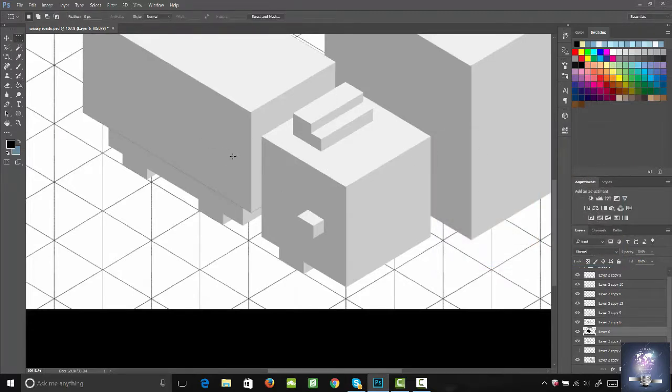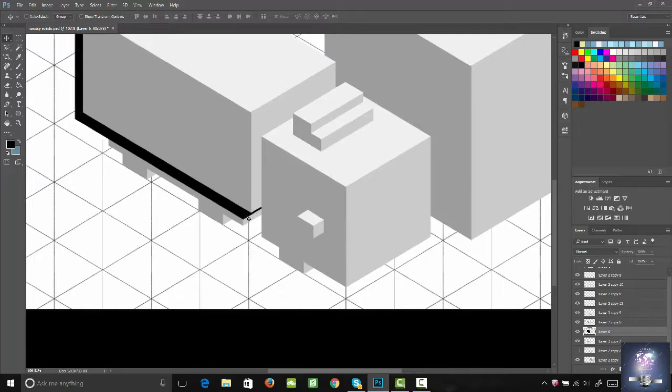Next, let's go ahead and nudge that down using our arrow keys. So we'll nudge it down to about there. Now, a good thing to make note about is that this corner right here doesn't line up with that one, but when the shadow is being cast on it, it needs to line up with this bottom corner. So I'm going to go ahead and grab it and move it over so that corner lines up with the